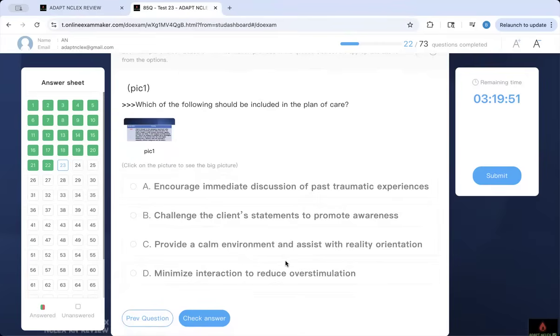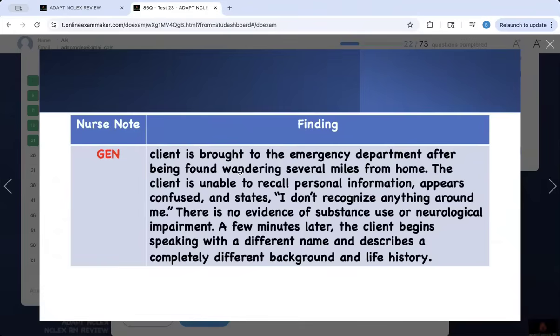Which of the following should be included in a plan of care? What is the problem? The client is brought into the emergency department after being found wandering several miles from home. The client is unable to recall personal information, appears confused, and states, "I don't recognize anything around me." There is no evidence of substance abuse or neurological impairment. Keyword. A few minutes later, buzzword, the client begins speaking with a different name and describes a completely different background and